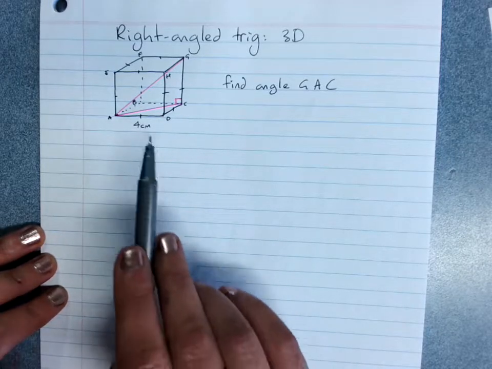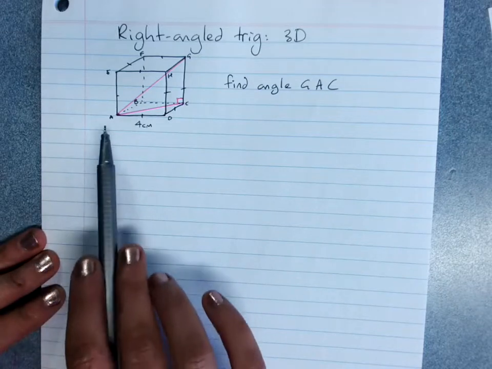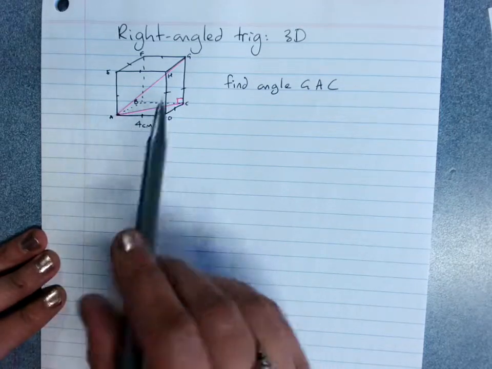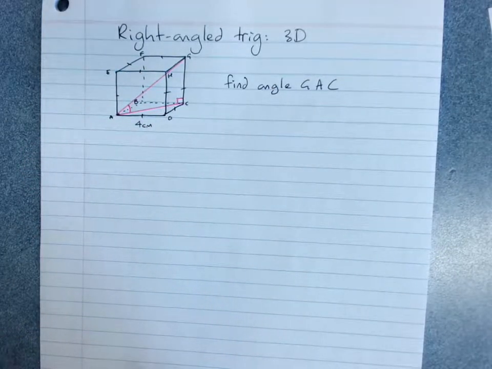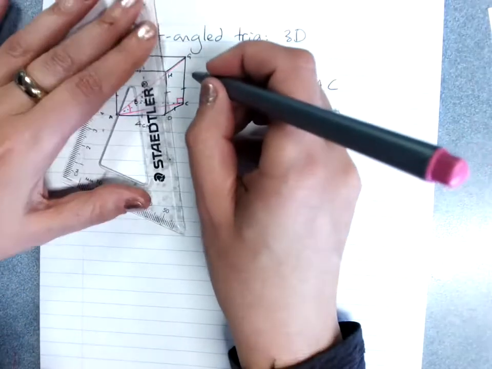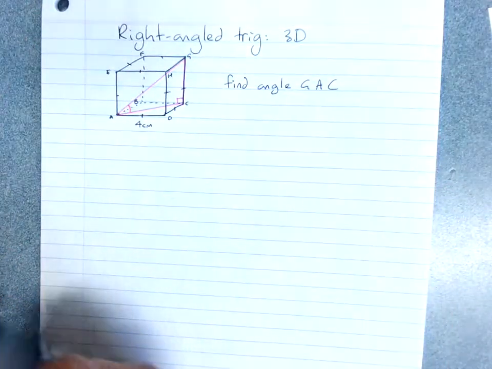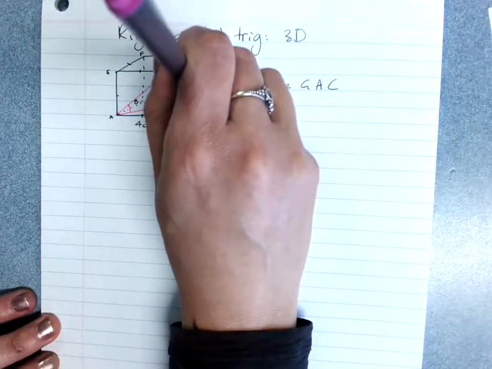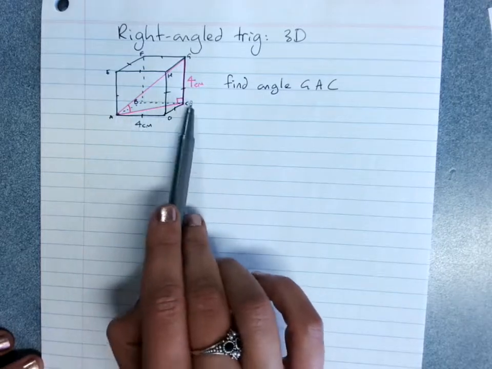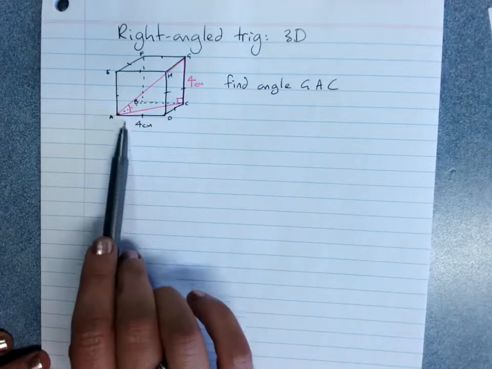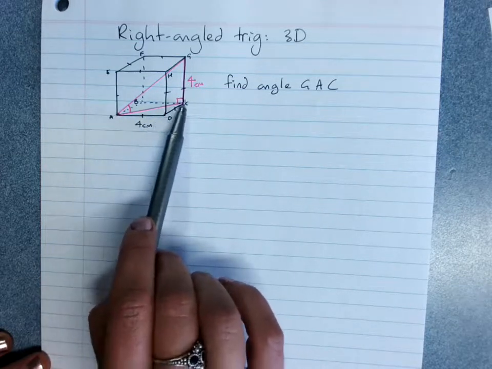As with a lot of 3D problems, we're going to have to solve a couple of different steps. I know what I want is this angle here, in that little pink triangle. In order to get that angle, I need to know 3 sides of the triangle. I know this one, that's 4 centimetres, so I've got one. I need one of the other 2. If you look at the base of the cube, this side here, I know the other 2 sides of that